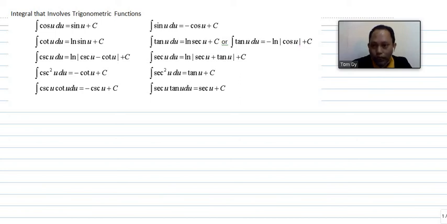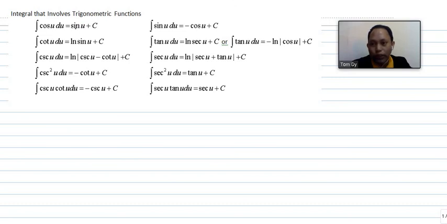And then the integral of cosecant u du equals ln of cosecant u minus cotangent u plus c, and the integral of secant u equals ln of secant u plus tangent u plus c. So take note, when we take the integral of these trigonometric functions, this is just an antiderivative of our trigonometric